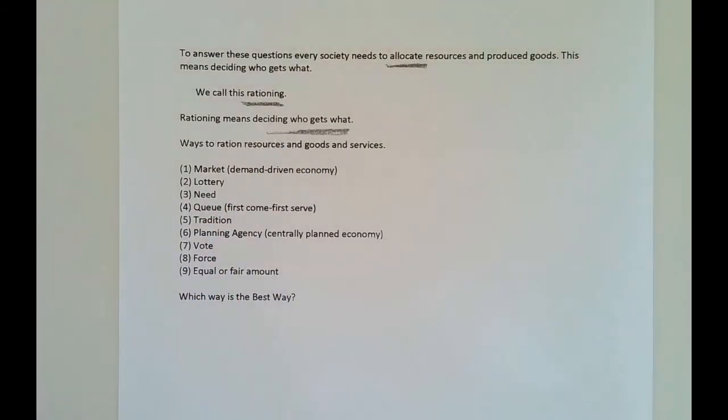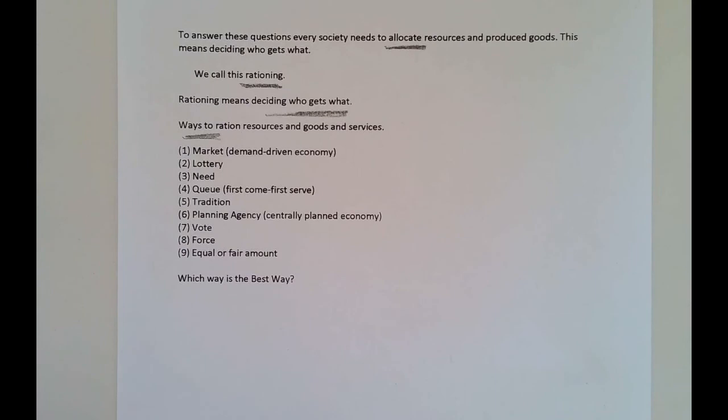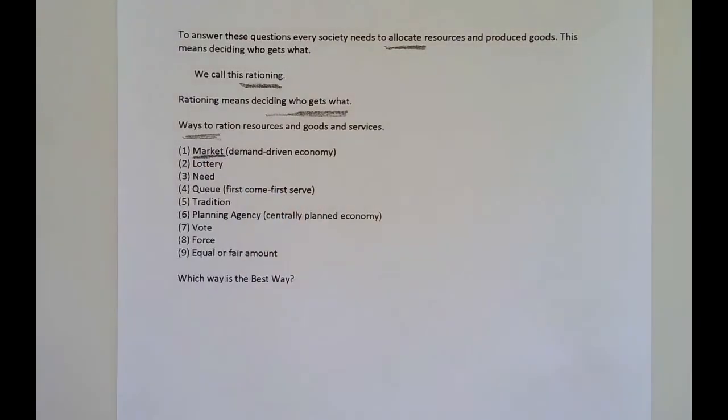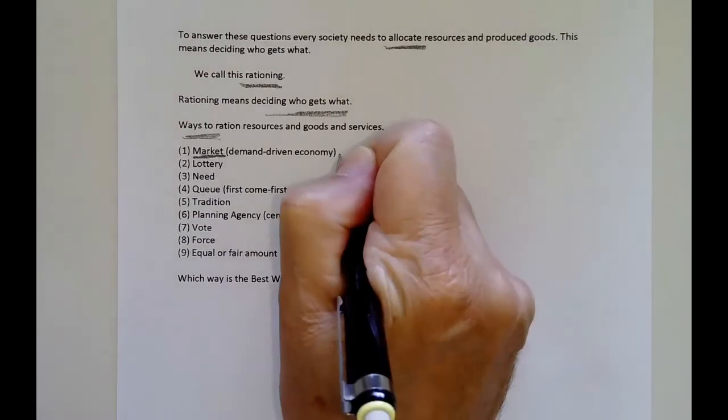And so things are rationed all the time because everyone cannot have everything that they want. And so there are many different ways to ration things. And so the job of economists is to try to figure out which way is the best way in terms of maximizing the satisfaction of human wants. And what I have here is a short list of different ways to allocate resources and or goods and services. And the first one is a market, and that's how we do a lot of that in our country. That's why the United States is known as a market-based economy, because we use markets to decide a lot of our rationing. Essentially, with markets, we get prices,